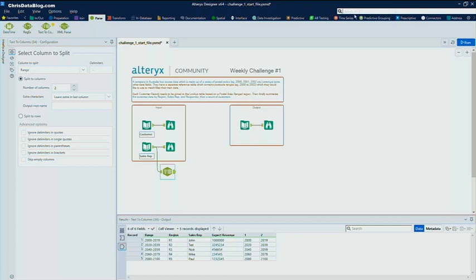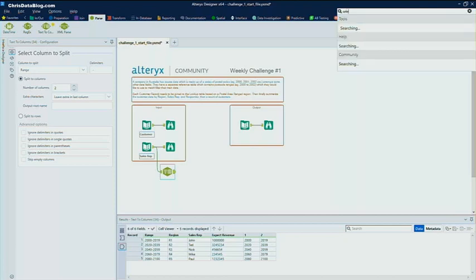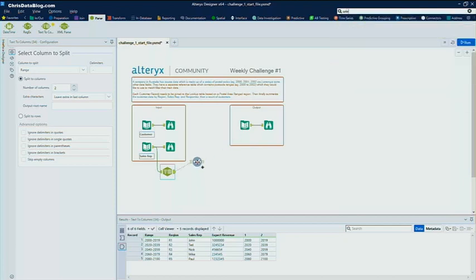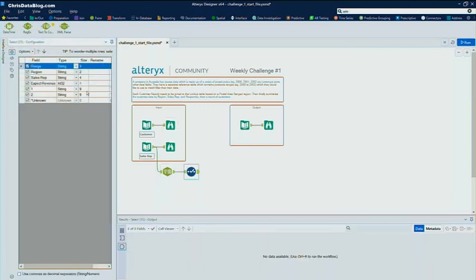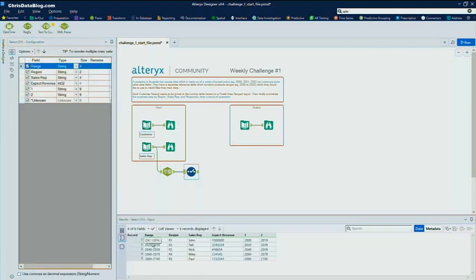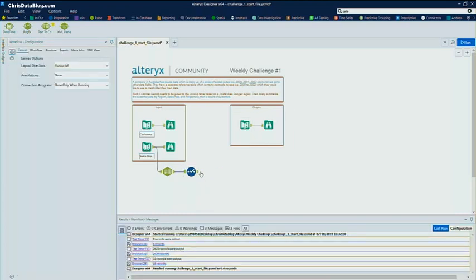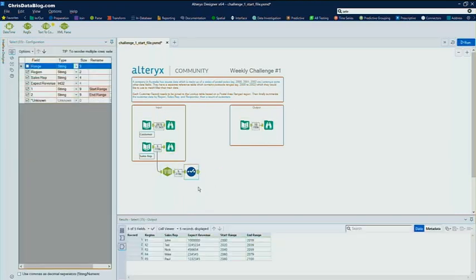And for clarity here, we'll just rename these. So we'll bring in a select tool, and we'll get rid of the original data. If we look here, we don't need the range column. And then field 1, we're going to rename start range, and field 2 we'll name end range. Once we've got that, we now have a field we can join. If we bring in a join tool,